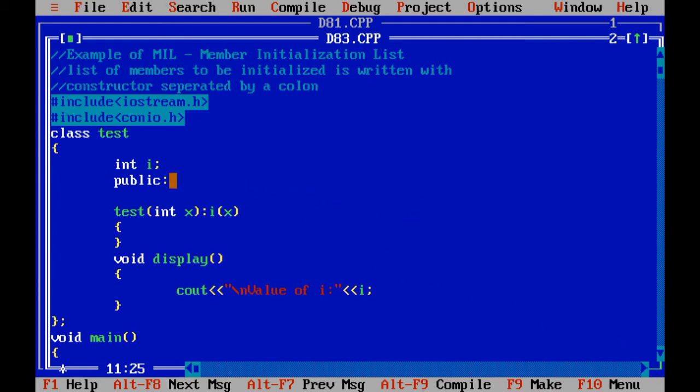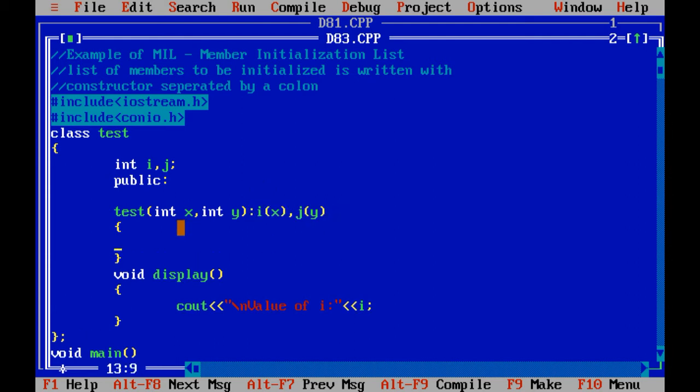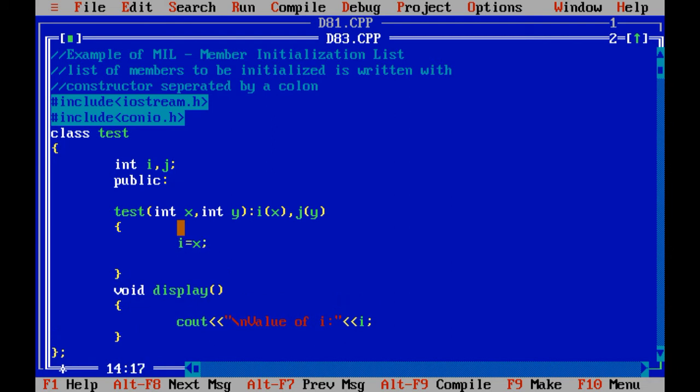So let me take one new variable, I, j. Over here integer x, integer y. Over here you can separate it by a comma: j of y. See, if you are not using the concept of MIL, in those cases you are going to write I equals x and j equals y.